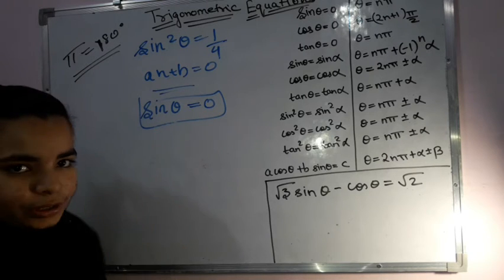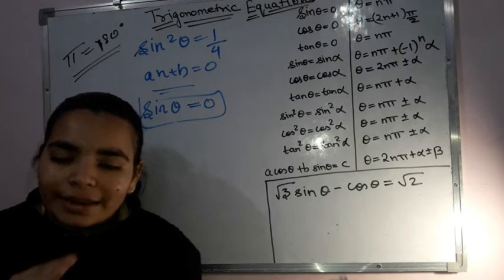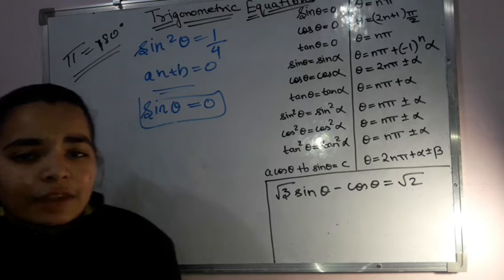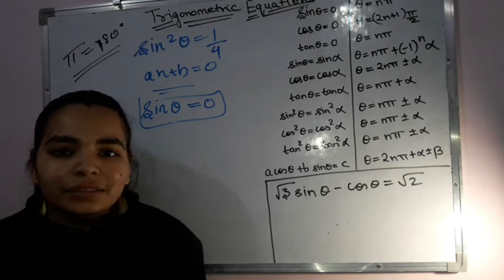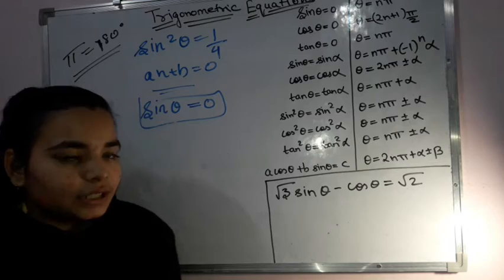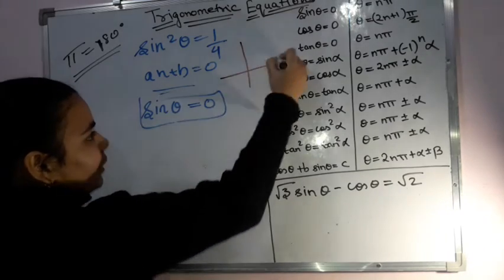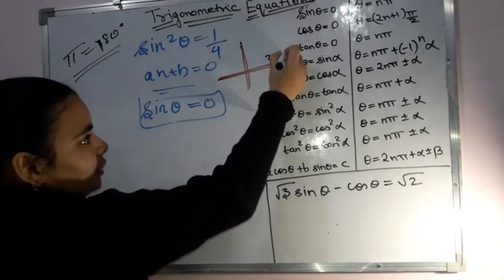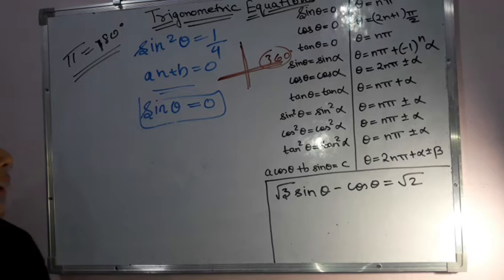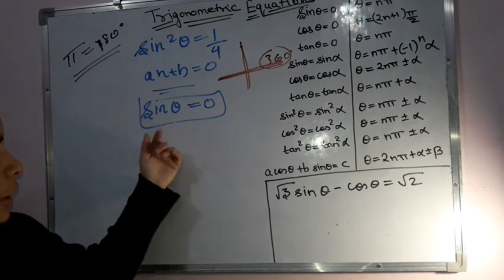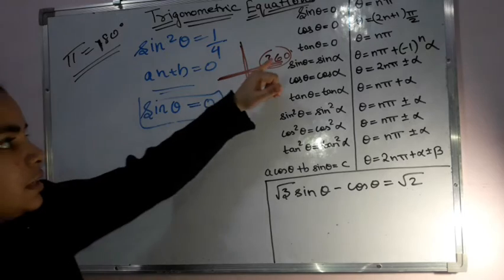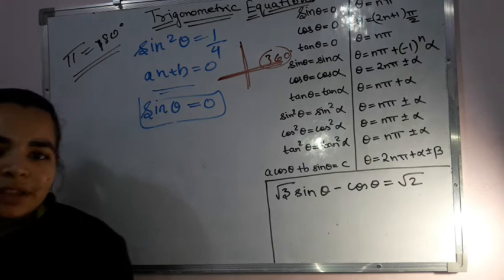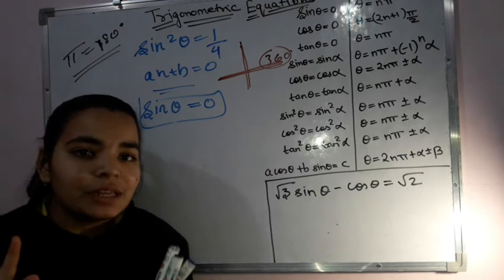Now, whatever be the value for theta or any other variable which I have considered, be it x, y, z or anything like that, if its value is lying between 0 and 360 degrees, because when you see the coordinate axes, it goes up to 360 degrees, right? That means if the solution of this trigonometric equation lies between 0 and 360 degrees, one complete cycle, then it is called the principal solution.